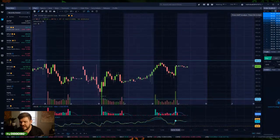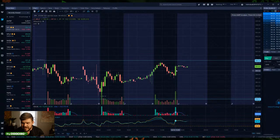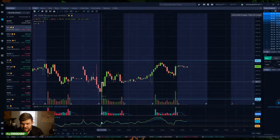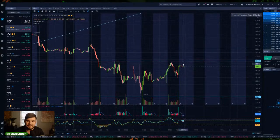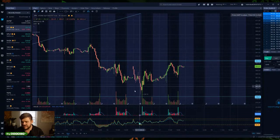So if we see a strong open like this candle right here, again, remember we talked about the body being as full as possible with minimal wick. That means it's a very strong candle, right? If we see an open like this with a very strong candle that sustained its price, I would say that calls are going to pay, and I would aim for 399 because I think that's a good price point to aim for. I think if you sell around 398, you'll make a nice fat and healthy percentage because we've seen a lot